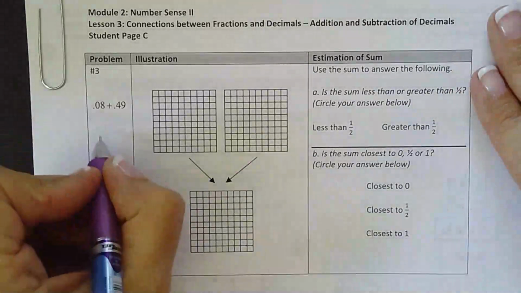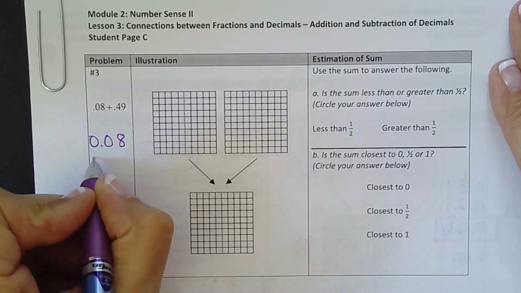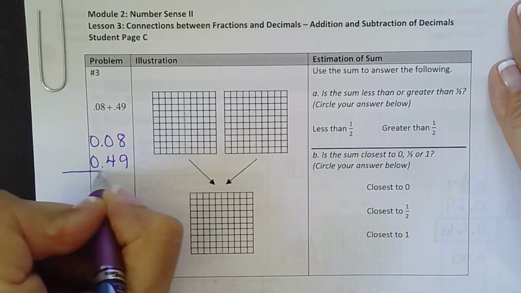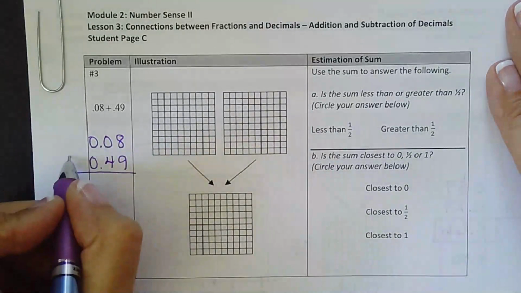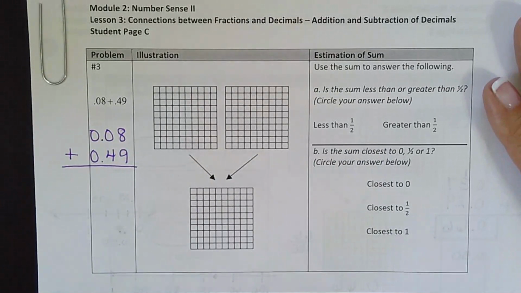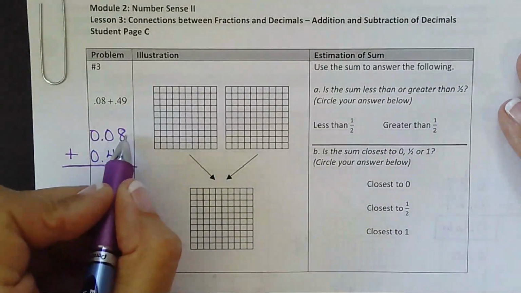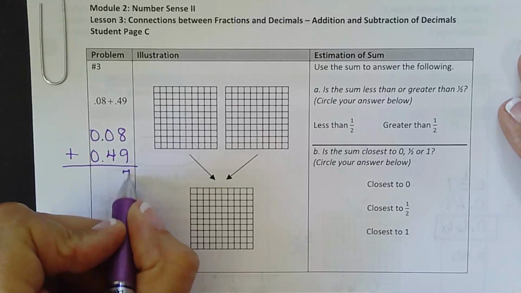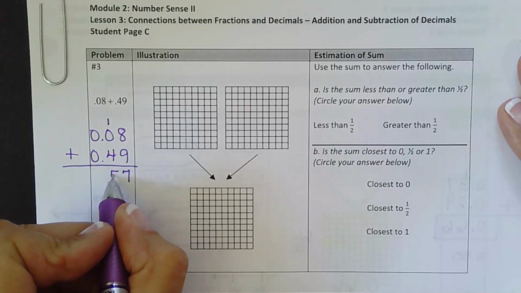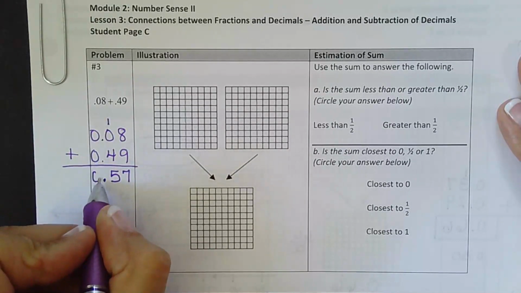So this is a regular addition, 0.08 and 0.49, making sure to line up your decimal places. And then I like to put the addition sign there just to remind me what I'm doing, because with subtraction and addition side by side, it's important to keep that straight. So 9 and 8 is 17. Carry our 1. 4 plus 1 is 5. Bring down the decimal. 0 plus 0 is 0. So we get